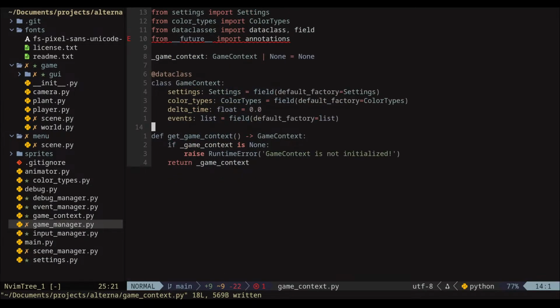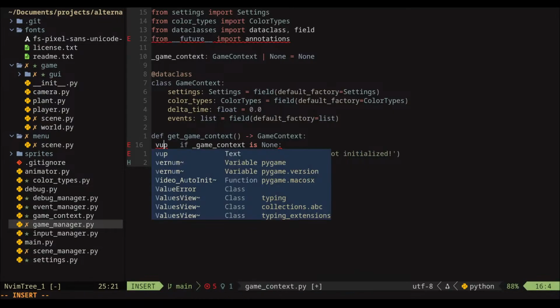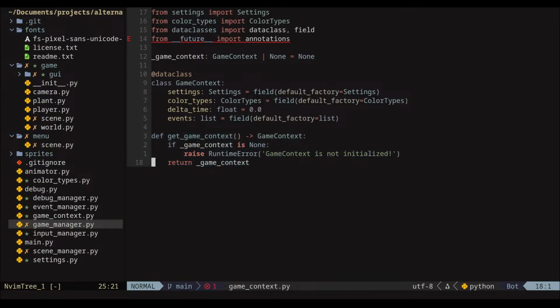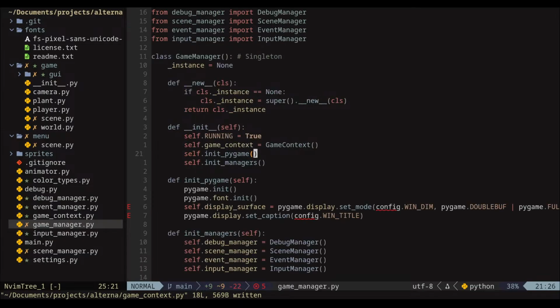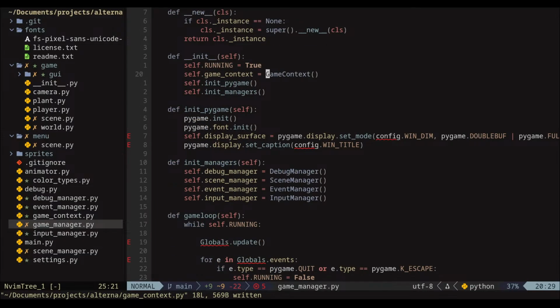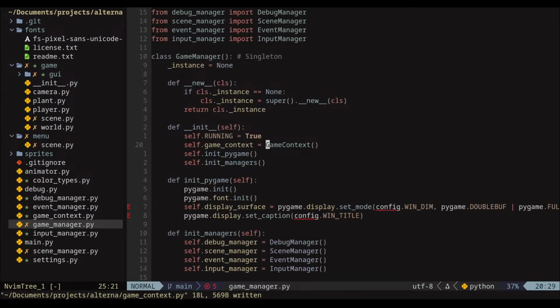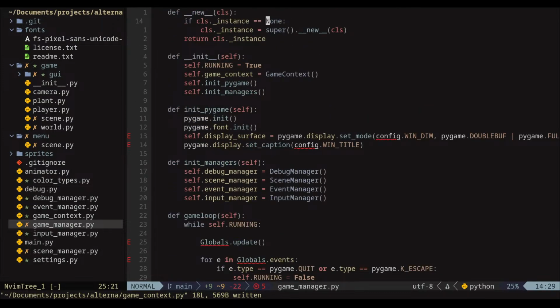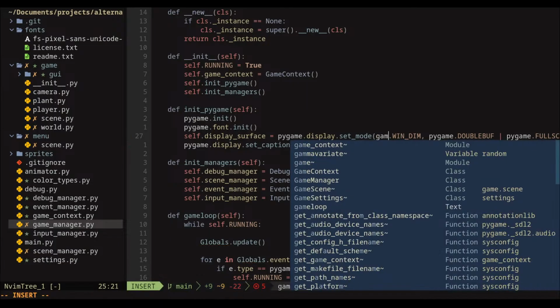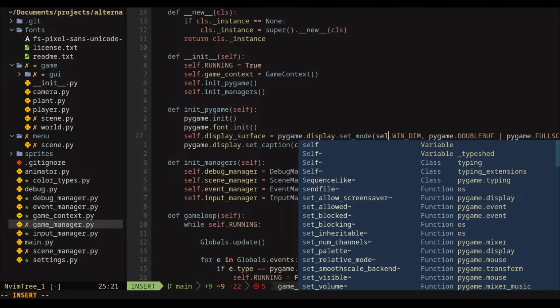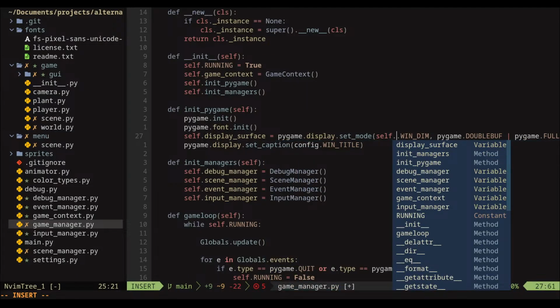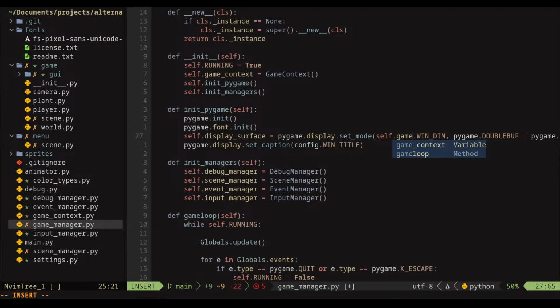Because if we go ahead and create this game context, then we already have it. Then we have this to get the game context. So that context is equal to game context will already create this. Populate this. Then okay, I'm getting some idea finally. Then we can go ahead and say